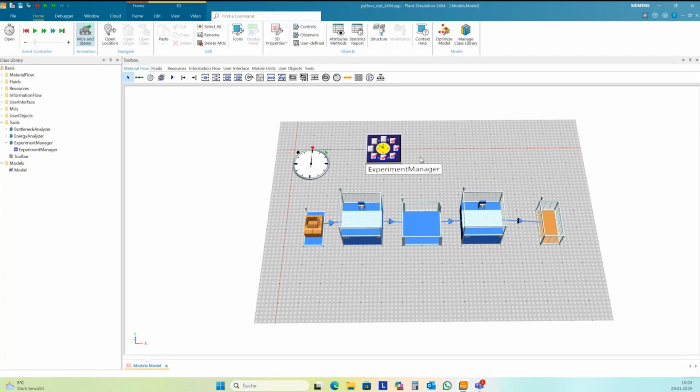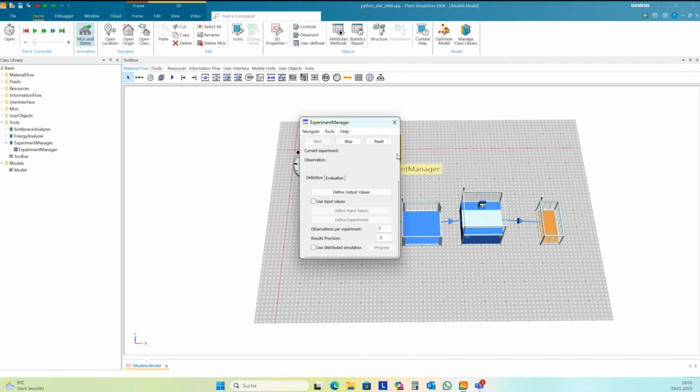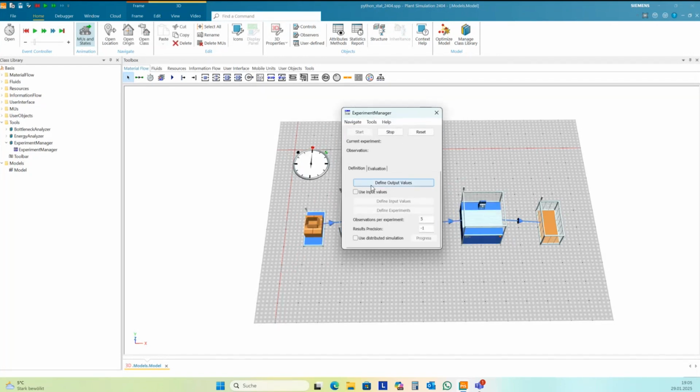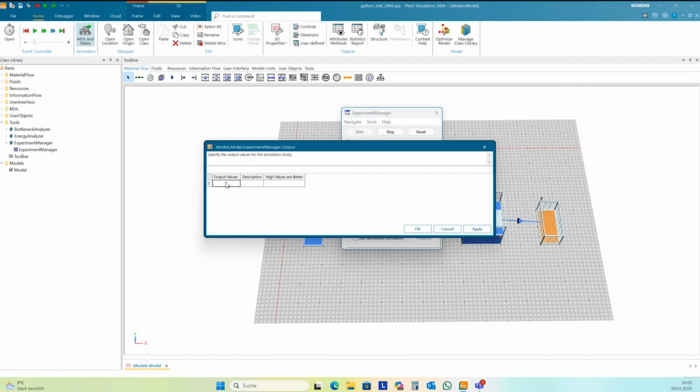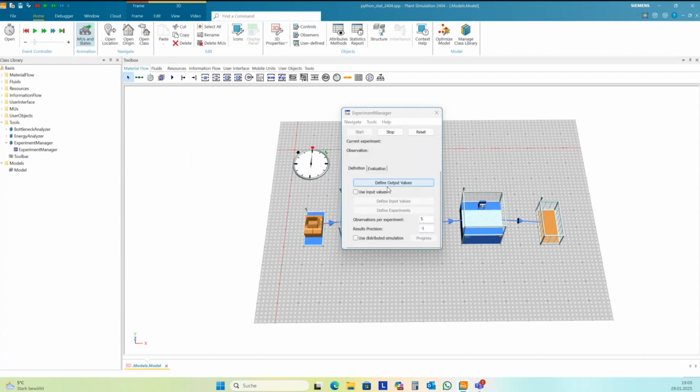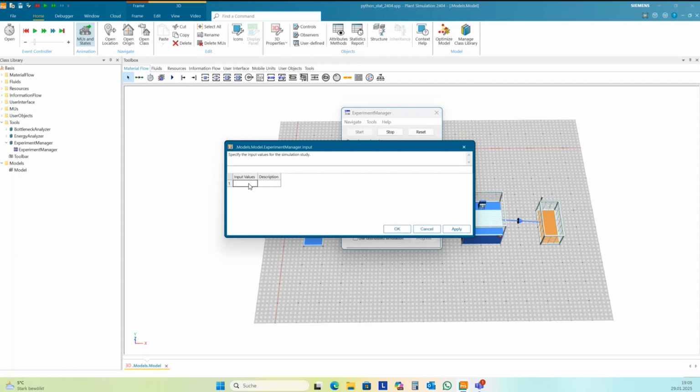So it's very, very simple. Output value is drain point StatNumIn or StatNumOut. We use input values. Input value should be buffer point capacity.